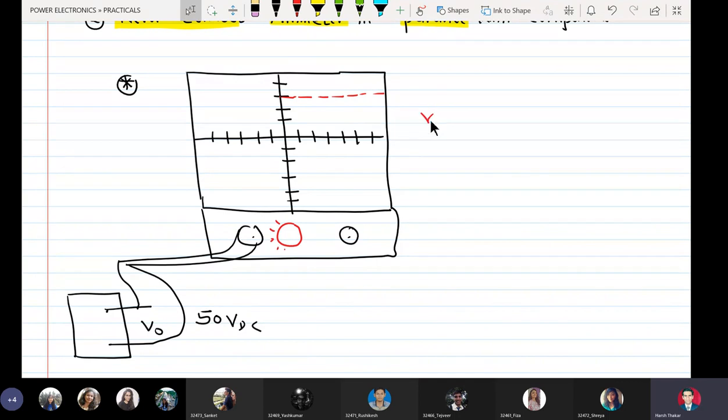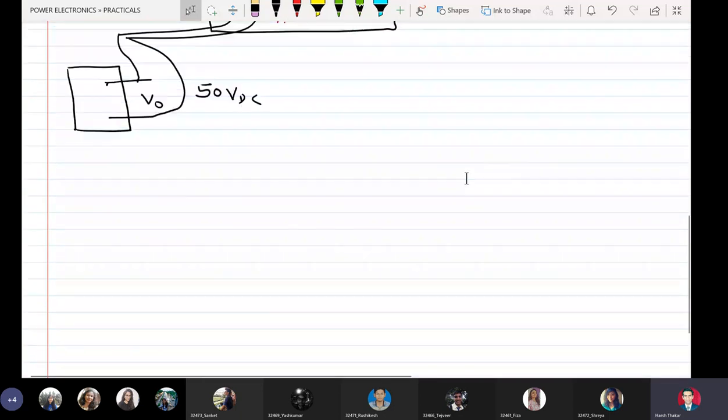Okay, so the voltage per division knob must be rotated in order to increase the value such that your waveform will fit on the screen. It many times happens that if the voltage input to the oscilloscope is too high, in spite of keeping the voltage per division knob in the maximum position, still the waveform does not fit into the screen. So the condition is like this.